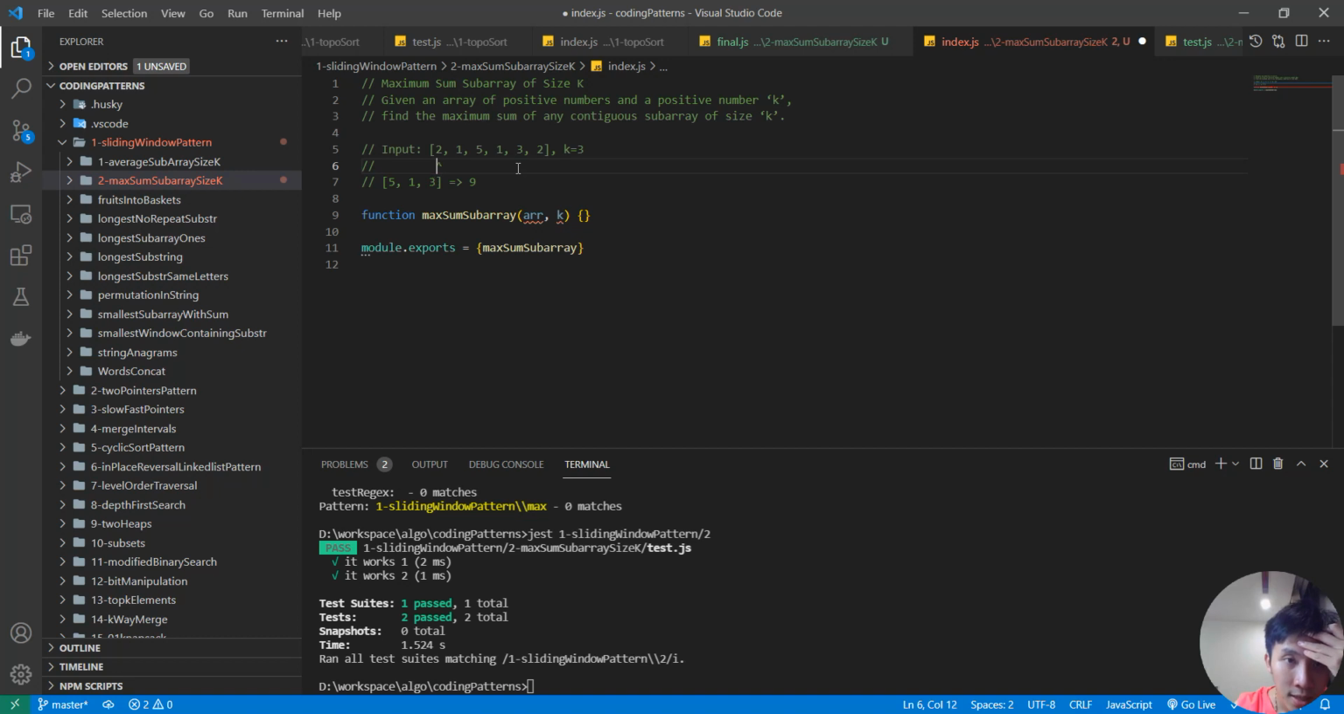So the time complexity will be n. We iterate from start to n, right? So it's n, and at each number we calculate the sum of k numbers starting from the current number. So for each number we need to do k work. So the time complexity is O of n times k,